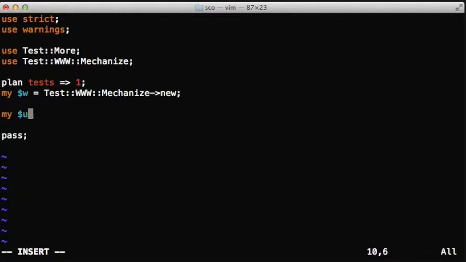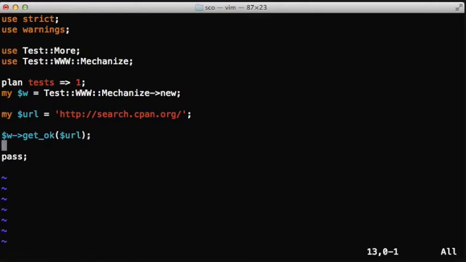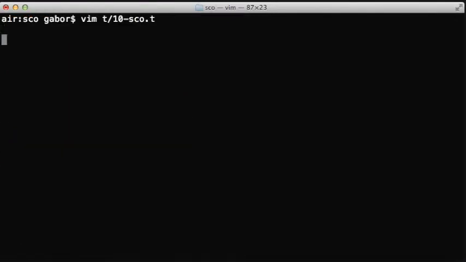It's quite useful, I think, to put the URL http://search.cpan.org into a variable, so later on we'll be able to replace it with a URL of the clone if that's what we want. And then we can use the W object to call get_ok and give the URL. And this is going to be already a testing function, so we can remove the pass,